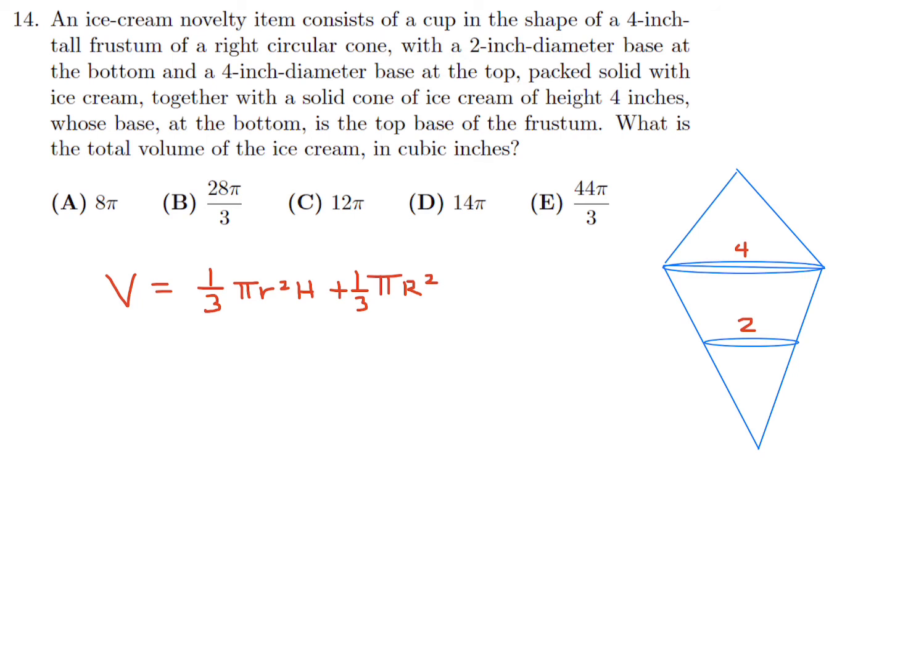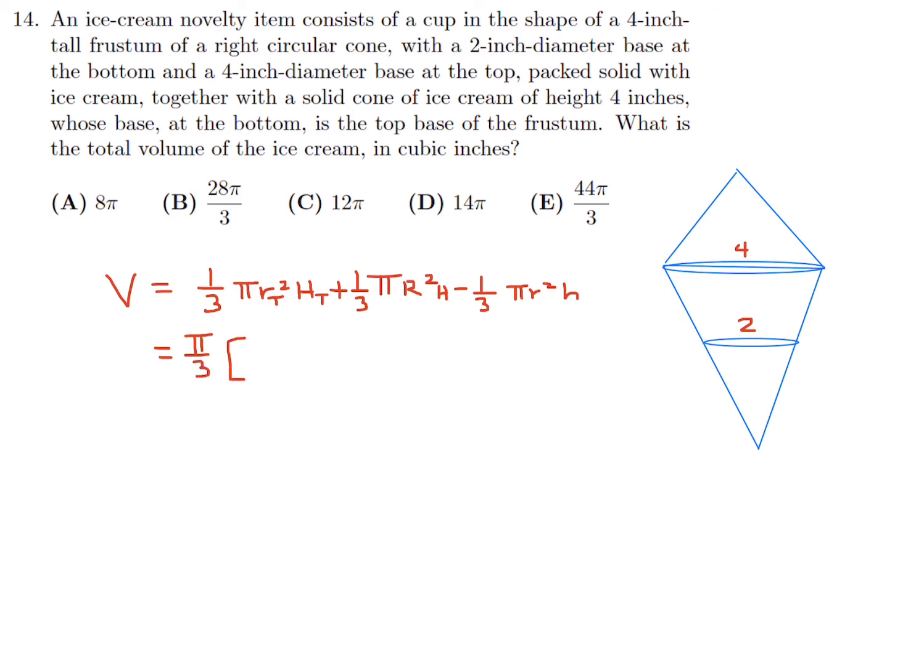I'll just call these t for the top, radius of the top and the height of the top. So 1/3 pi r squared minus 1/3 pi small r squared, and then we got to put in the heights h and big H. Okay. All right, so a lot of this we can factor out the pi over 3,